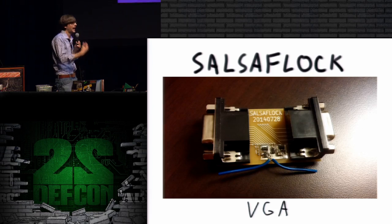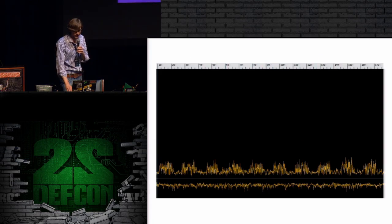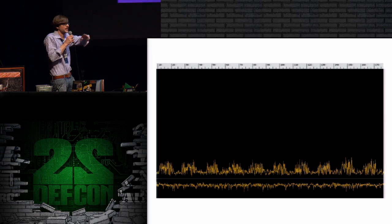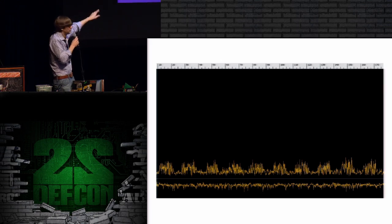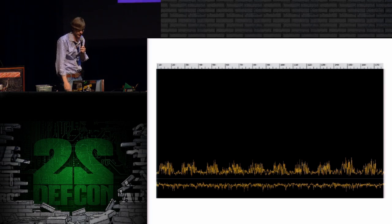And you would need a higher speed sampling rate in order to target higher screen resolutions. But this is an image, this is just a plot. And you see each of those, of the AM demodulated signal that I got from Salsa Flock. And you see those tufts there, those individual tufts at the bottom? Those happen 60 times per second, and this was a 60 hertz screen refresh, so that's where I was definitely